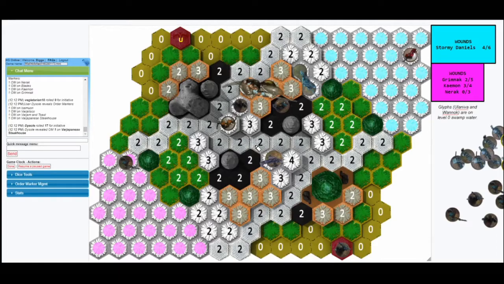Nirak, Blades, Cayman, Grimnack. So 1 each. Oof. 1 each. So my guess is maybe 1 Cayman, 2 Blades, 3 Nirak. That's my guess. My official guess is it's 1 Cayman, 2 Blades, 3 Nirak. Sweet. So that's a 20 for the Blades. So that was most likely a numbered order marker.